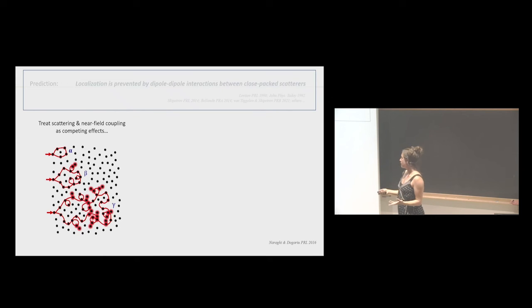Here, they're essentially saying the same thing, but they have a much simpler model, essentially trying to treat scattering and this near-field coupling as competing effects. So the idea here is that you have some scattering with these loop paths, essentially waves spending longer in the sample and your diffusion becoming renormalized. But if you have any kind of coupling between scatterers which are near to each other, then this can be seen as a kind of energy leak away from these paths. And so eventually, you can have enough of this energy leak such that you don't have enough of these loop paths to give you enough interference to achieve localization. So in their model,